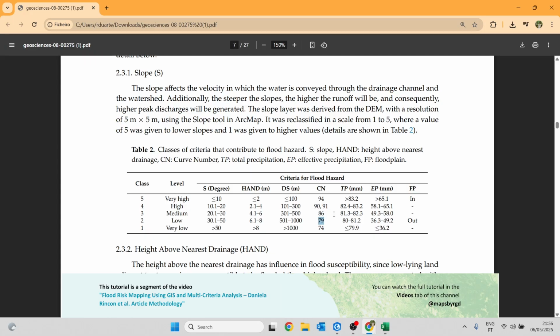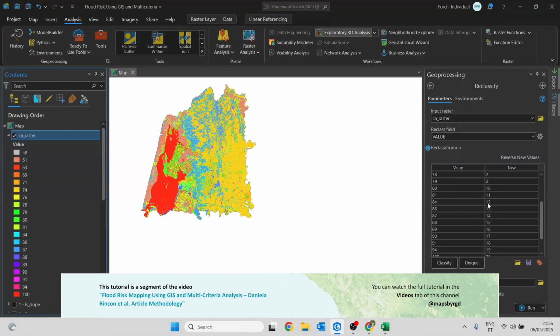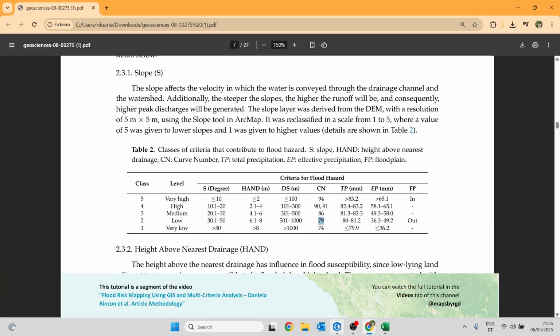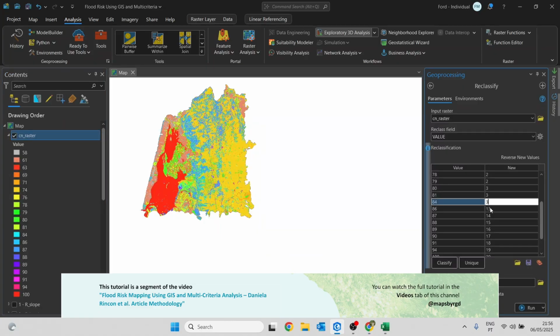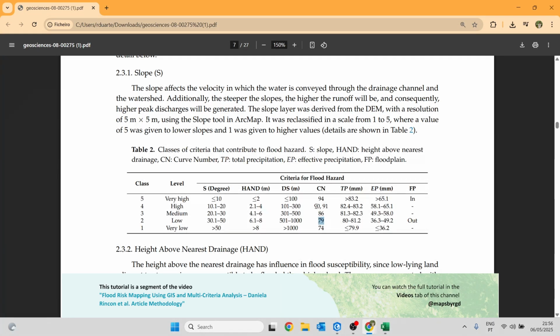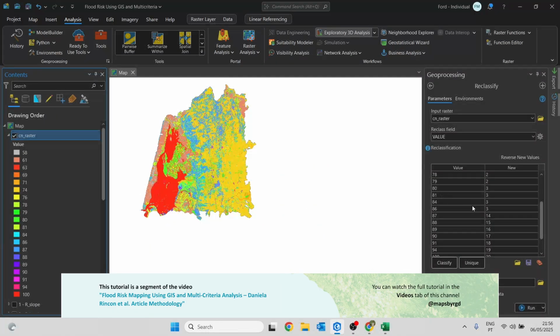For the class number 3, it's 86, so from 79 to 86 will have the value of 3. Then from 86 to 90, in this case 91, this will have a value of 4. So the value 87, 88, 89, 90 and 91 will have the value of 4, and 94 and 100 will be 5.